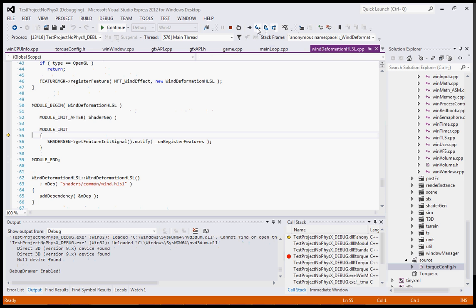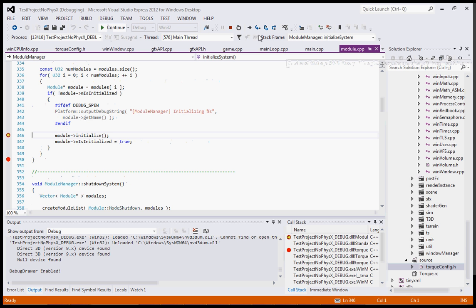Step into wine deformation shaders. Weird. Continue. Step into